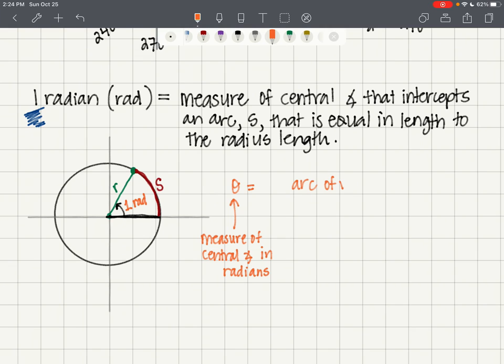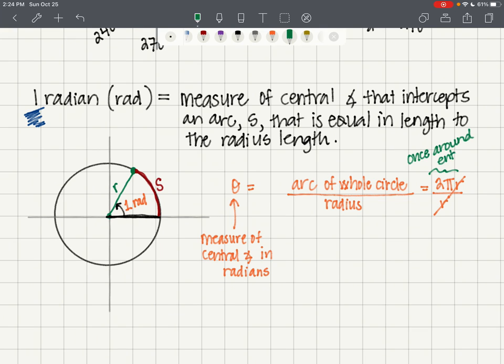The arc of the whole circle divided by the radius, which is equal to 2 pi r over r. That's 2 pi. Now that is once around